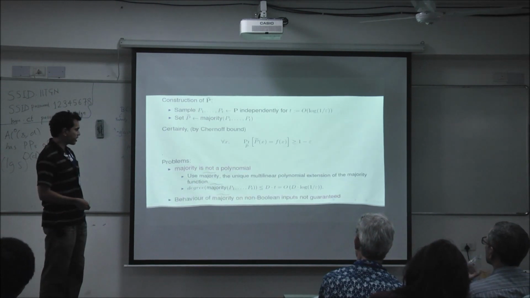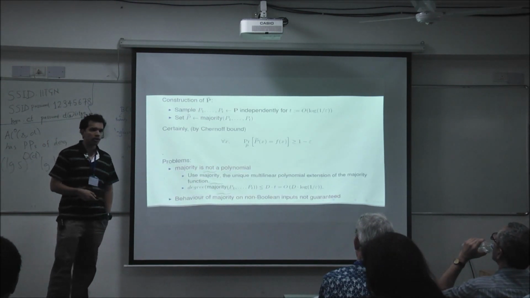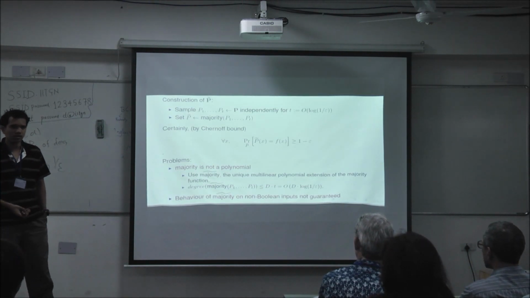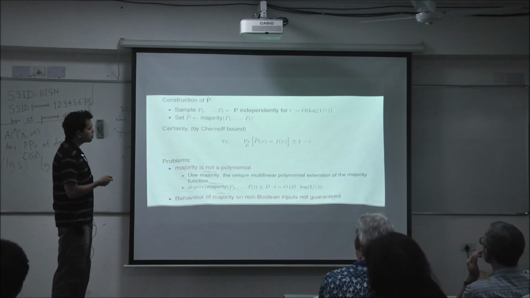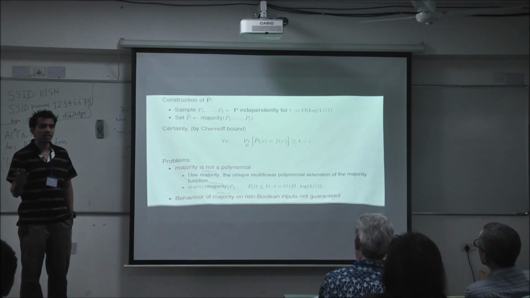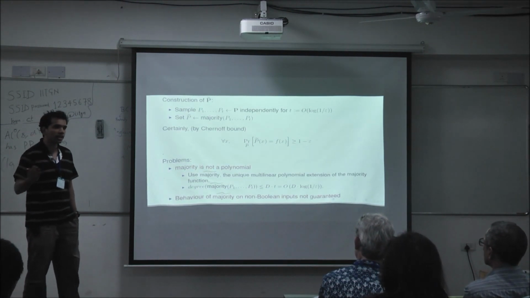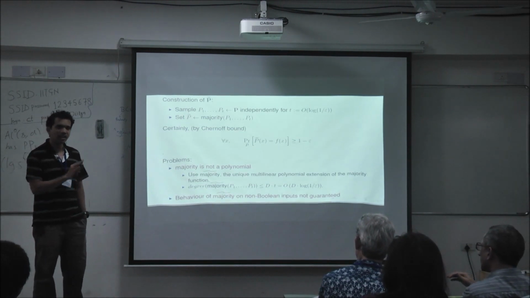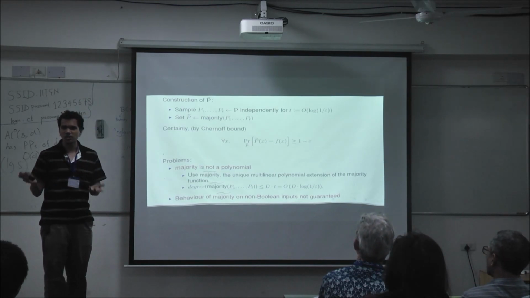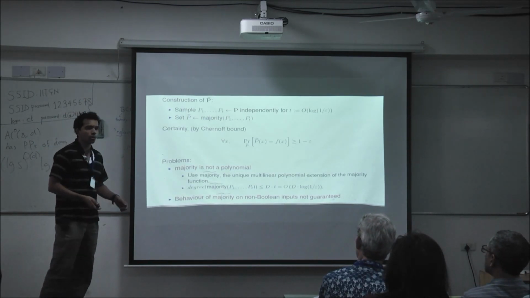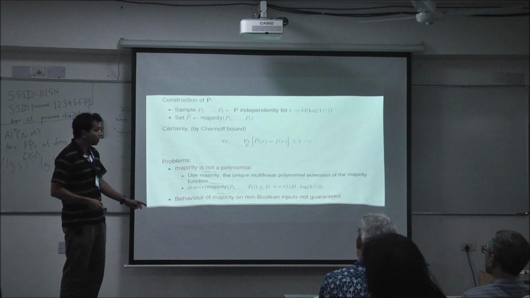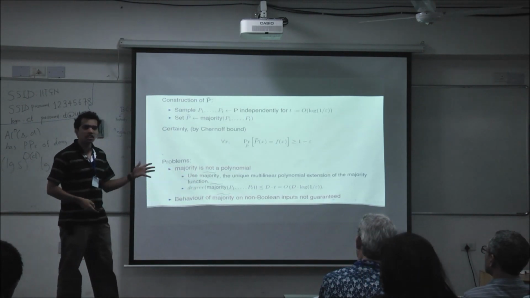But there is one problem with this entire thing: the way we've constructed our polynomial, it agrees with the majority function on Boolean inputs. That makes sense, that's the Boolean extension. But these polynomials are not always Boolean valued. As I said, when the polynomials don't agree with the function, they don't have to take Boolean values. They can take large values, they can be really ugly, etc. This is not a figment of our imagination. It happens in real life, so to speak. So it's a problem. What we need to do is also prove that this construction, which actually does work, is able to handle the fact that some of these Pi's are not really taking Boolean values.